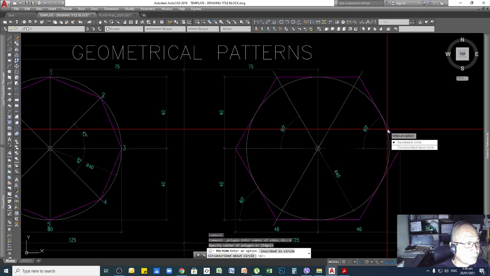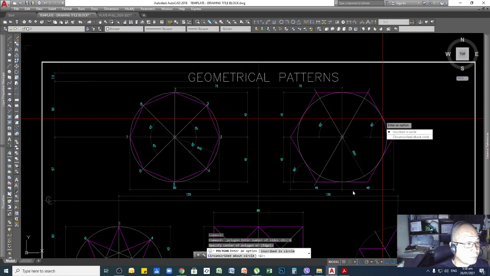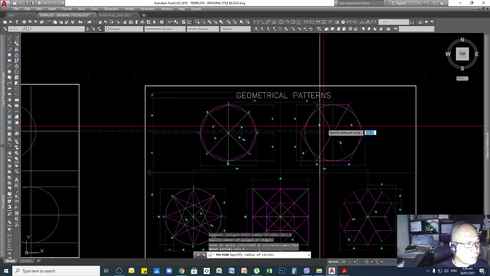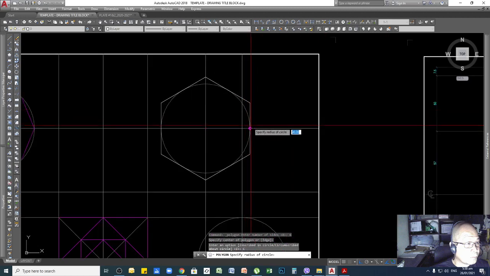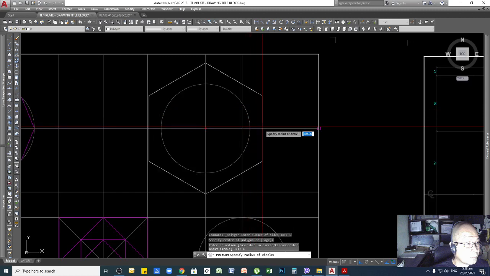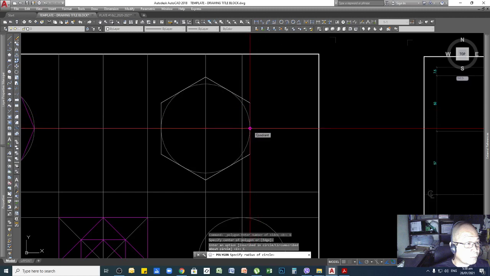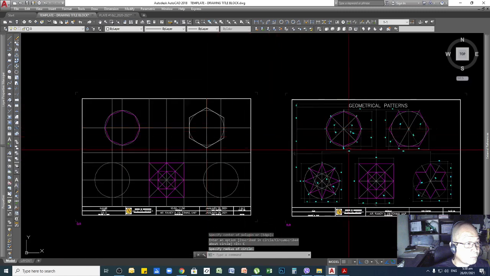So this one is different now. Our hexagon is outside our circle, so it will be circumscribed. We will click this one, and then we will see that. Okay, then click one of the quadrant of your circle. So there it goes. So you see that